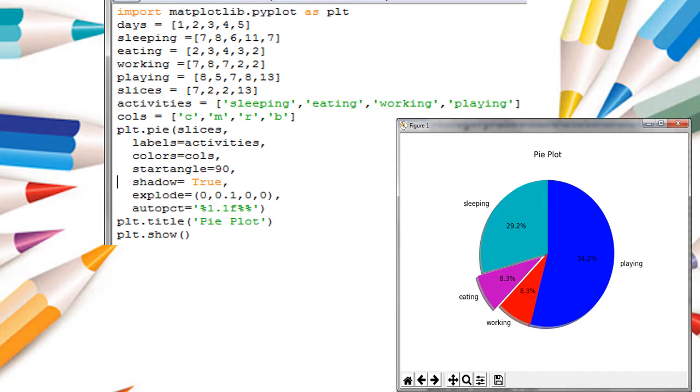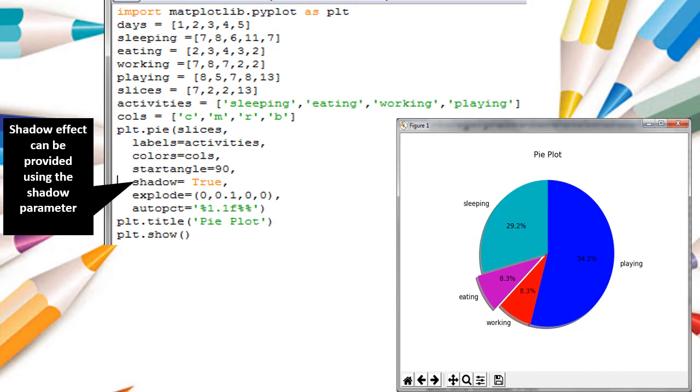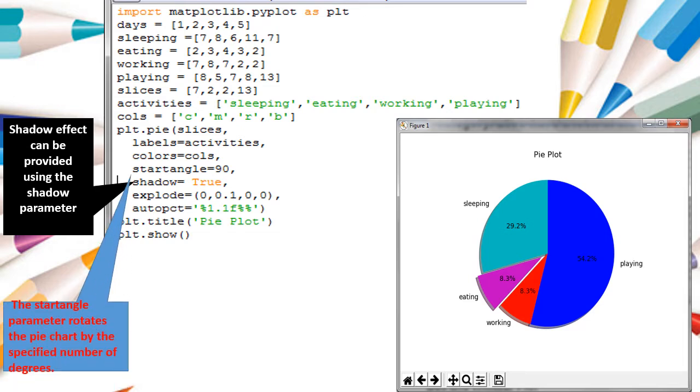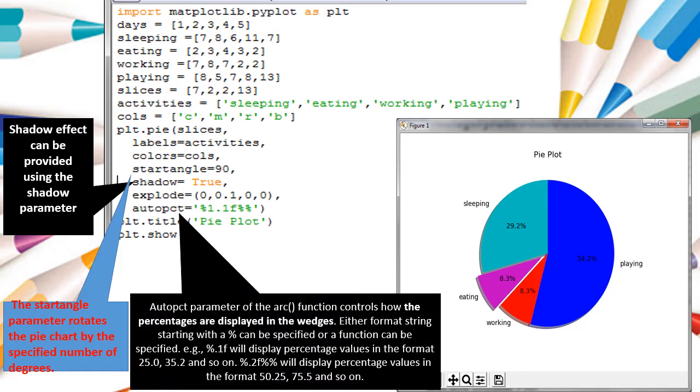The labels will be displayed for each wedge, and startangle is the angle at which the chart starts, and shadow means it shows the shadow effect for the graph. And then autopct, you see the parameter, everything is represented in percentage format as numeric values, like 29.2, 8.3 percent.